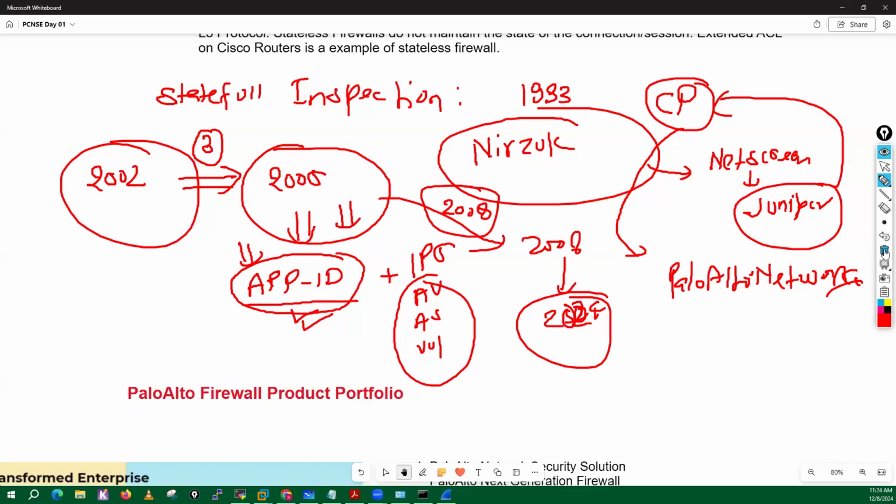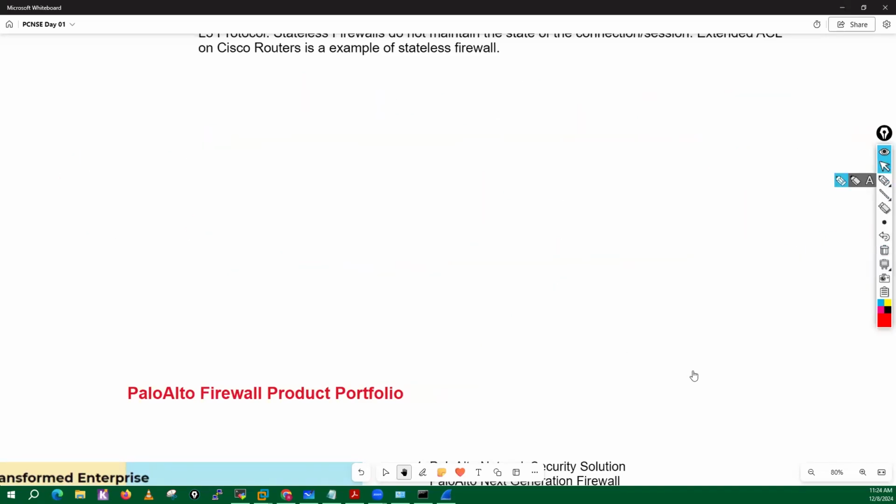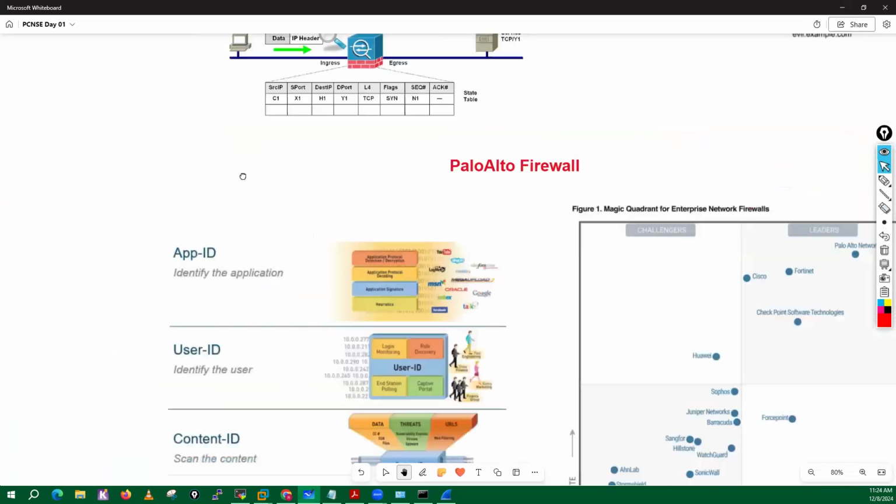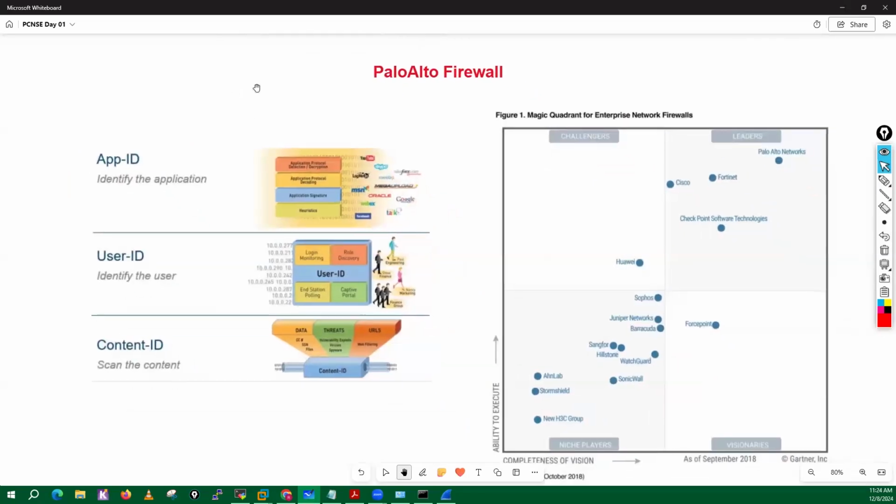Okay, so this is a little bit of history about Palo Alto Networks. As I have mentioned, Palo Alto was the first firewall to come up with a very nice feature set like app identification, to identify the application. We can configure app-based rules, right? Because there was a major problem blocking YouTube and Skype traffic, and evasive applications like torrent. Skype we have, right? These traffic types we were not able to block at that time,